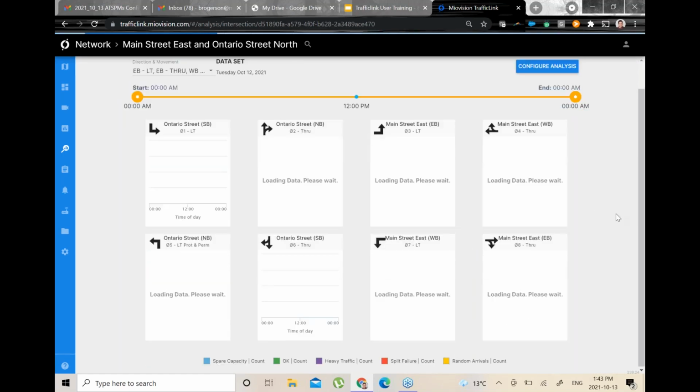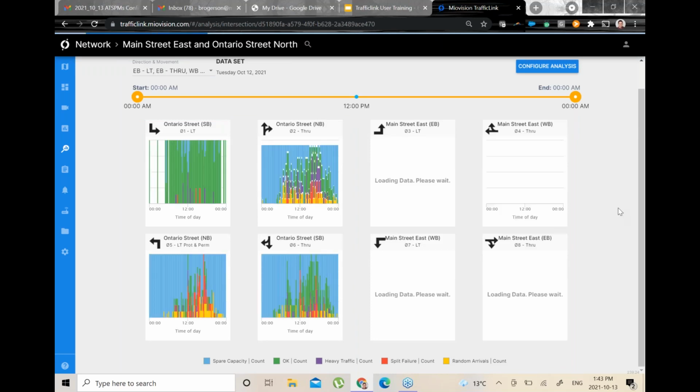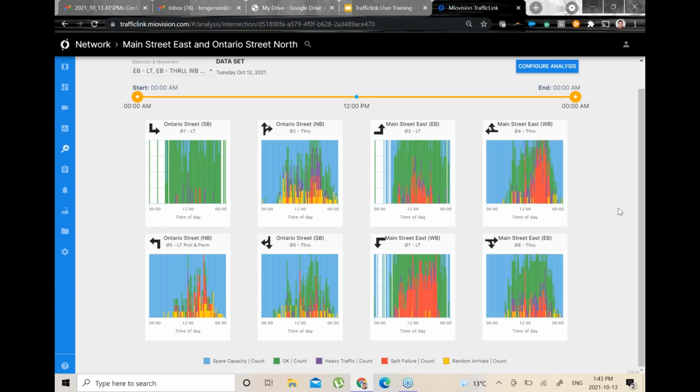This isn't like a workspace where you can save the workspace and come back to it later. You have to actually create your analysis each time that you want to do it on this side. And so you could go and create this on the workspace, save it, and then just iterate it over there. Or if you're just looking to quickly check particular movements or particular times of day, you can just go over to the Analysis tab and pull it up.